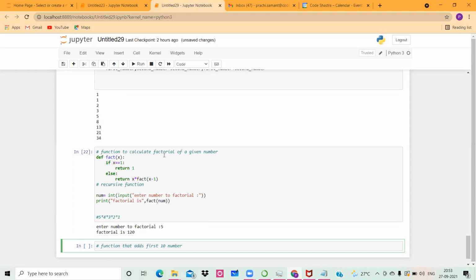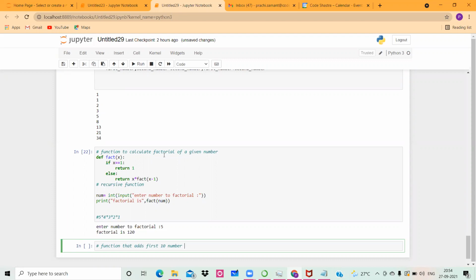Recursive function questions are understood automatically by looking at them. If in a question you have to repeat the same thing again and again to get some result, that is what we mean by recursive. In factorial we do the same thing: number into number minus 1, number minus 1 into number minus 2, number minus 2 into number minus 3, and so on. In fact, you could have solved the Fibonacci series also using a recursive function, because that is also a recurrent pattern.